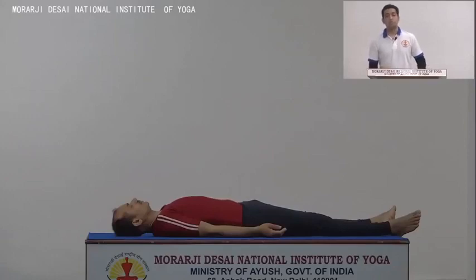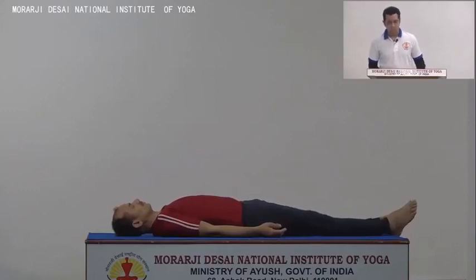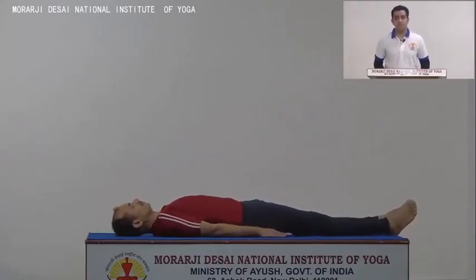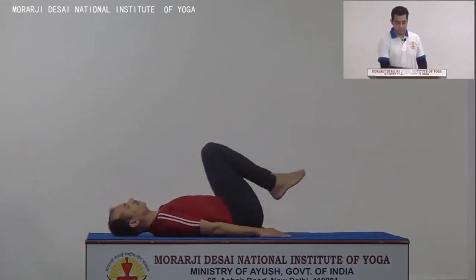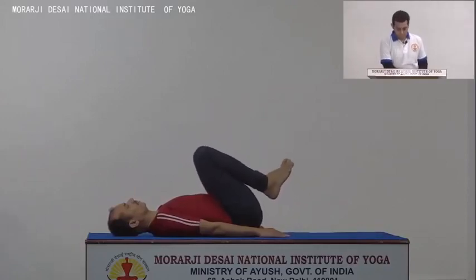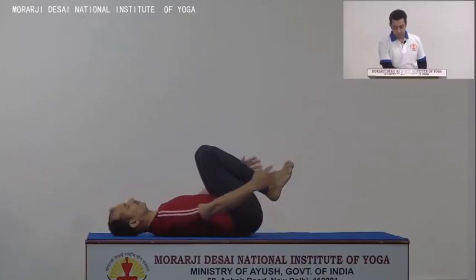Now we move towards the Pavan Muktasana. Avoid this practice in case of abdominal injuries, abdominal hernia or severe neck pain. Now join your legs, bring your legs together, place your palms beside the thighs, palms facing downward. Exhale, bend both the knees and bring them towards the chest region. Very good. Inhale, interlock your fingers and clasp the legs together just below the knees or near the shin region,